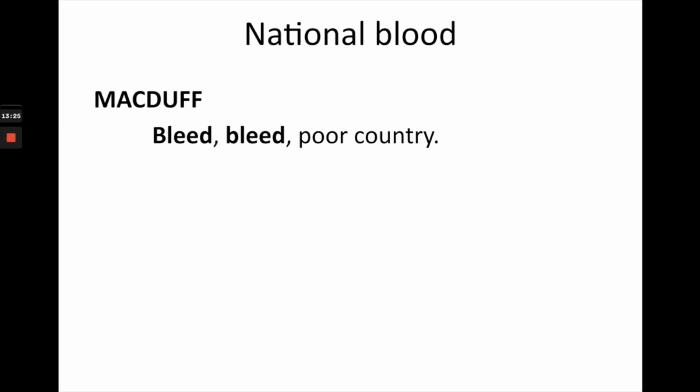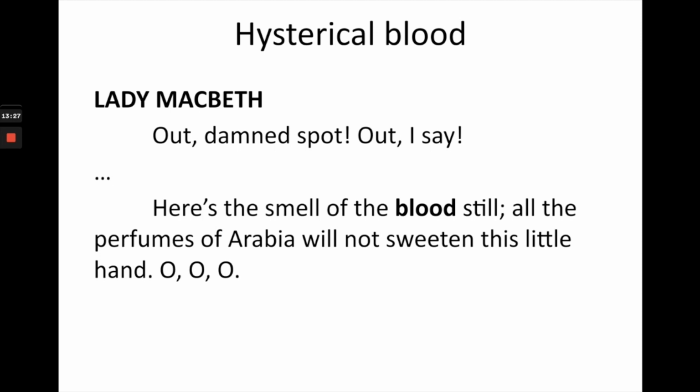Now, this next type of blood I've called hysterical blood. We're going to look at Lady Macbeth's scene in Act 5, Scene 1, in which she unravels into mental hysteria. This too demonstrates her guilty feelings, but it's more than that. Unlike Macbeth in the first part of the play, she completely deteriorates. He at least maintains some control over the situation, but she is utterly destroyed, perhaps because her husband rejects her entirely.